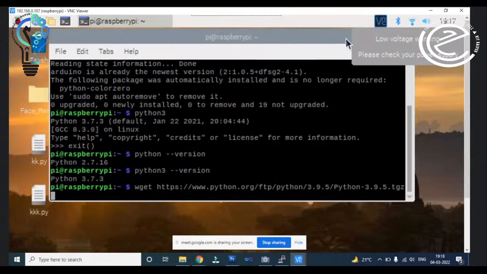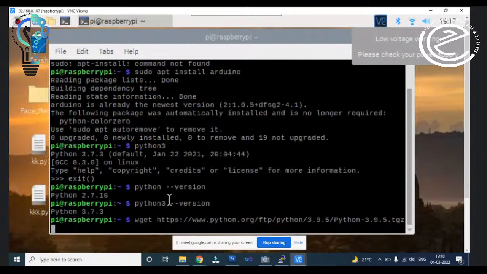Takes some time. First, it is searching the version on the link, and then it will start download.